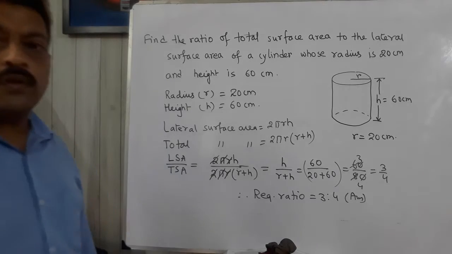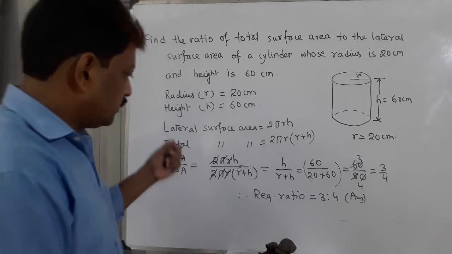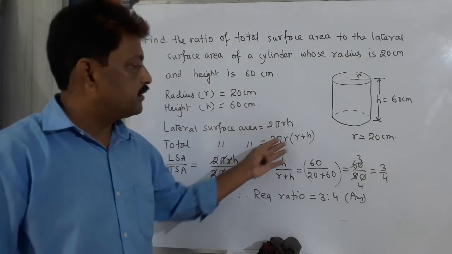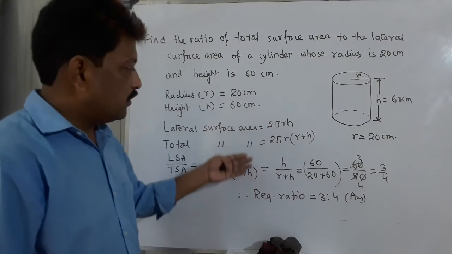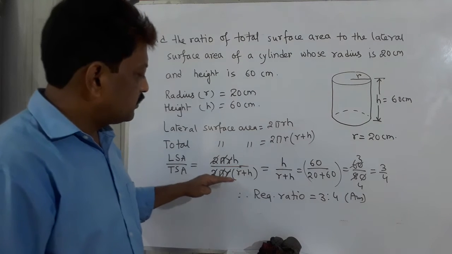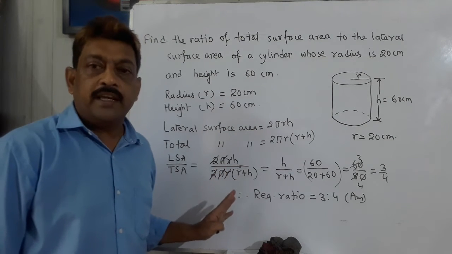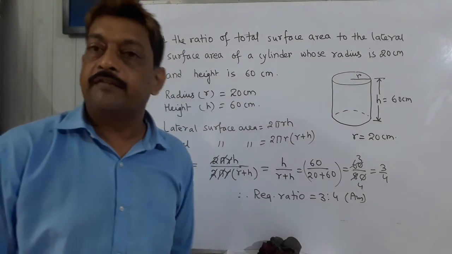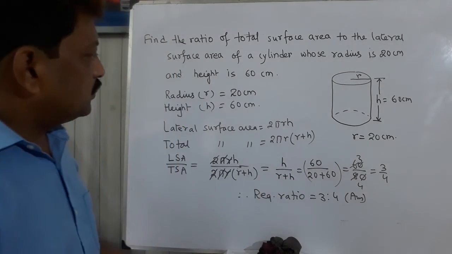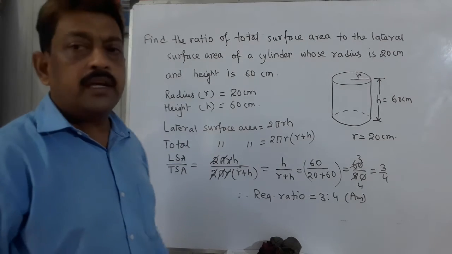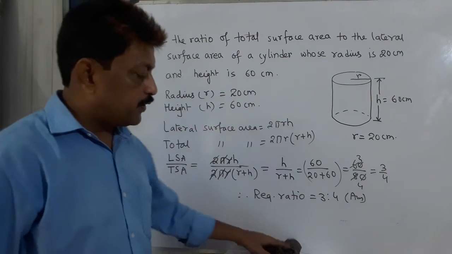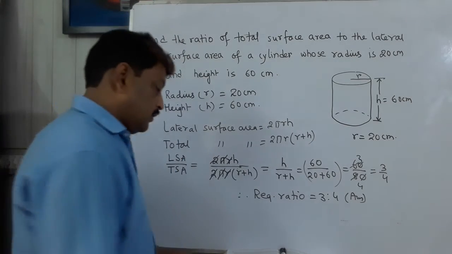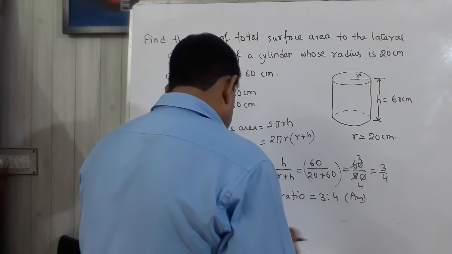Okay. So no calculation is required. Only the use of technique. We don't have to put in the values of 2 pi r h and 2 pi r (r plus h), because during the calculation most of these values are cancelled. Only a simple part is left where we can put the values and find the answer. So this type of sum related to ratio is very important. You must solve a few more problems of this type. Okay. Now this is the last question.